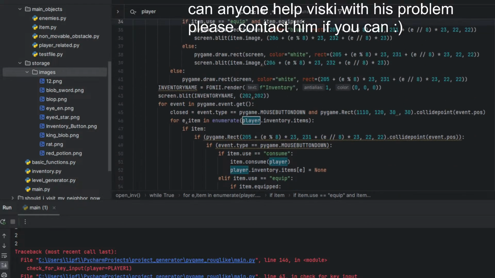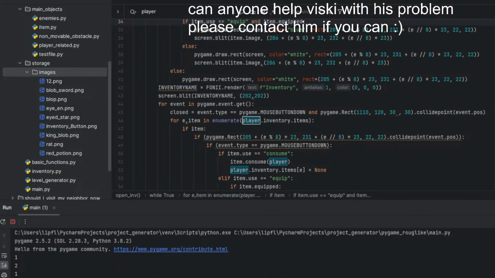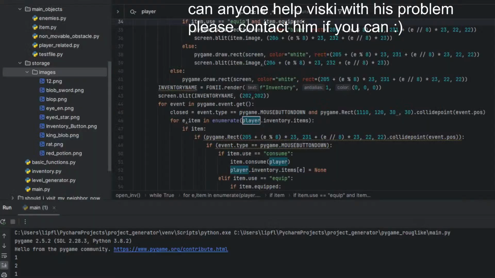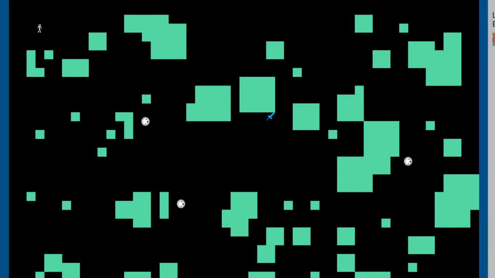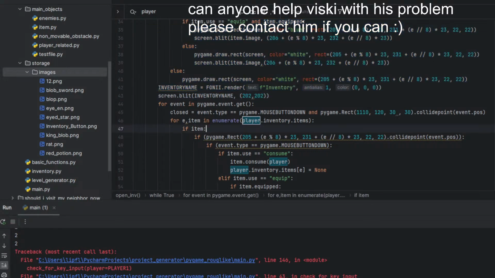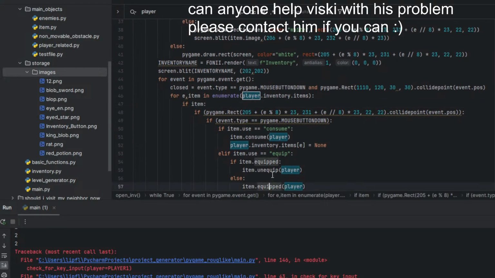So, now a sword was generated. Perfect. And now let's equip the sword. It's not callable. Player line 57.